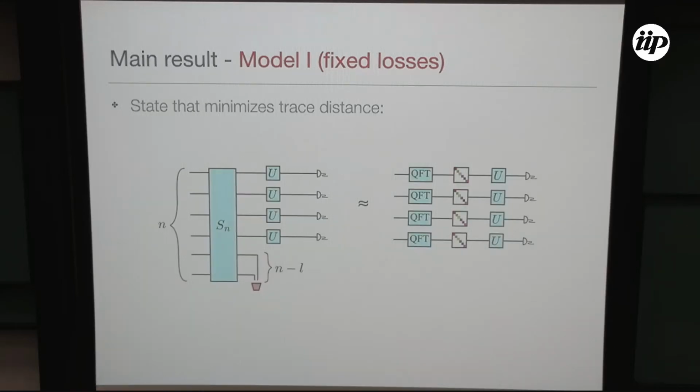The state sigma that minimizes this trace distance is the following. It's a separable state, and what you do is you start with L of these qubits, and you apply these Fourier transforms, so you just create an equal superposition of all basis states. And then you apply this gate here, which is just a diagonal gate with random phases. You choose a set of random phases, and these are the phases on the diagonal. But they have to be the same for all the qubits. So the point is that the output probability distribution that you get from this simulation is close, in the sense that I mentioned previously, to what you would get from the lossy boson sampling experiment.